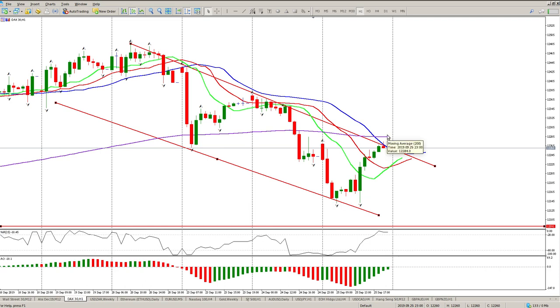Now, the picture is slightly different compared to yesterday. Yesterday we were still well below the alligator. Sorry, this was yesterday, day before. So the day before, we were below the alligator and we sort of meandered down along this trend line before falling to the downside. Okay, so today the picture is, well, yesterday's picture is slightly different because we have potential